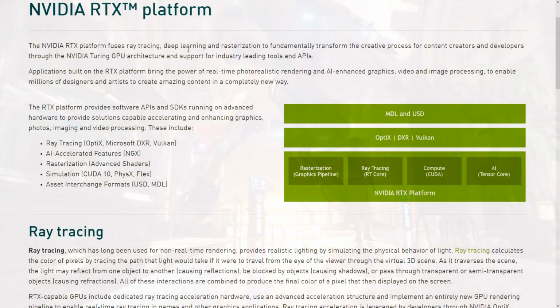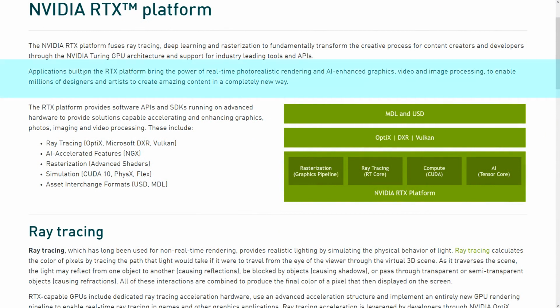This is the Nvidia page for Nvidia RTX, and they're saying applications built on the RTX platform bring the power of real-time photorealistic rendering and AI-enhanced graphics, video and imaging processing to enable millions of designers and artists to create amazing content in a completely new way. The completely new way, yeah, it's going to be new, but like I said, real-time ray tracing has been around